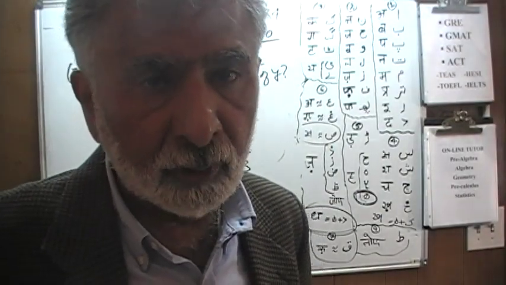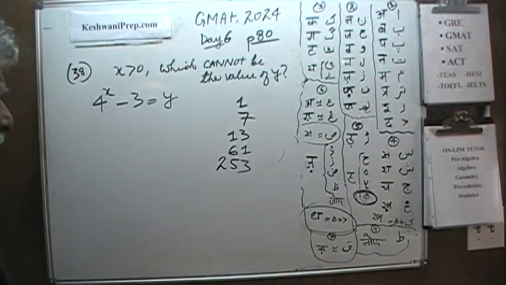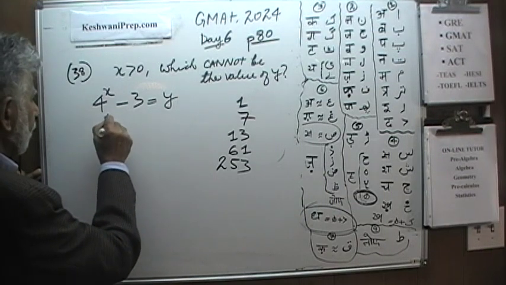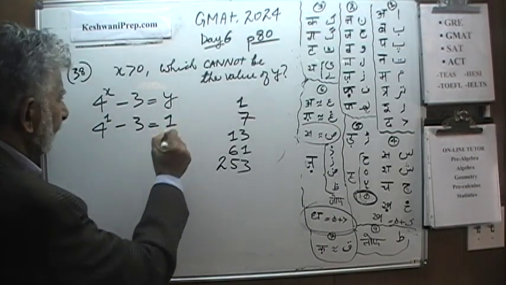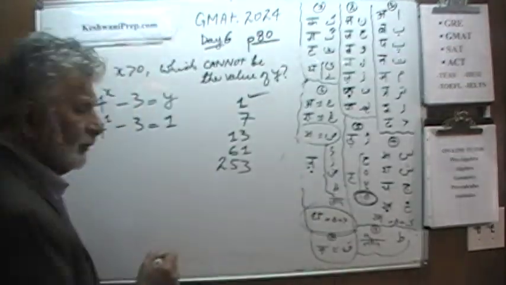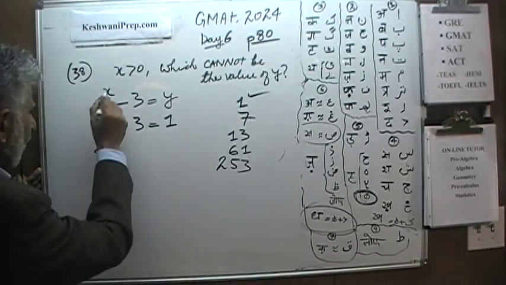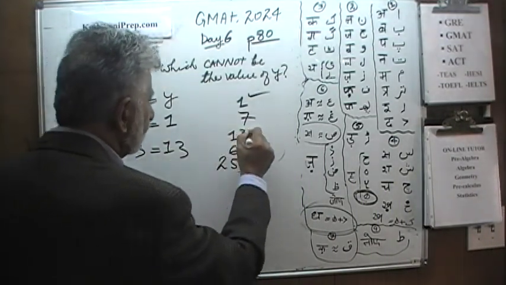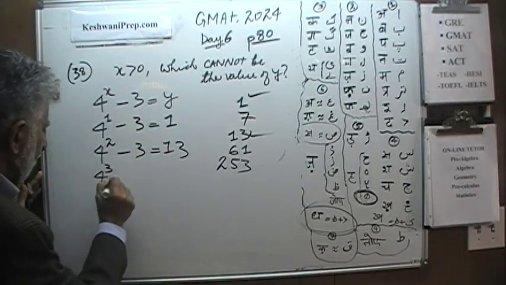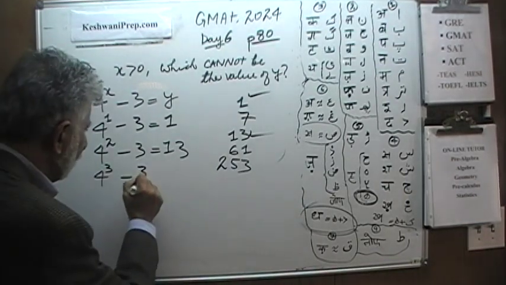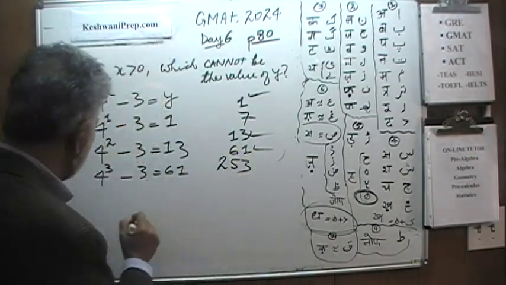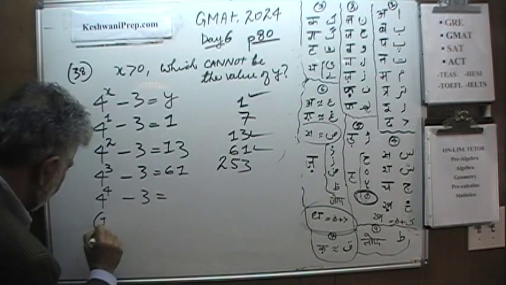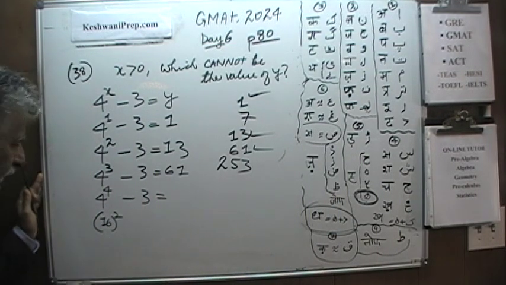Well, if x is positive, let's start the journey. Let's begin the show with 1. We'll just keep substituting 1, 2, 3, 4 and see what happens. 4 raised to 1 minus 3 is going to give us 1. So that can be the value of y. What if x is equal to 2? 16 minus 3 is going to give us 13. So that one works. How about if x is 3? That's going to give us 64 minus 3, that's 61. That would work. And finally, 4 raised to 4 minus 3, which is same as 16 squared, and 16 squared